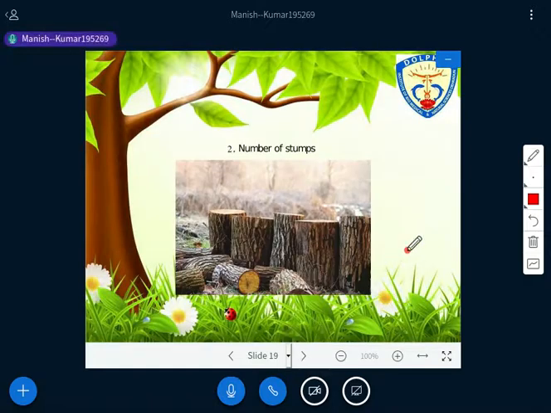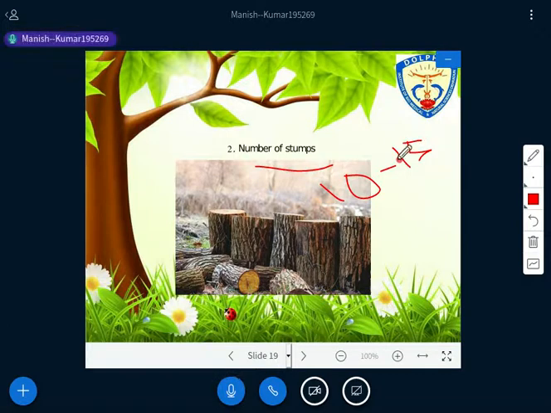Now let's go to the number of stumps. So how many do we require? The number should be 10 to 15 stumps at least. 10 to 15 stumps. Is it clear? That is required. Then you are able to draw any kind of graph, and you are able to fill that table also, all these printed forms that you have seen, with at least 10 to 15 stumps.